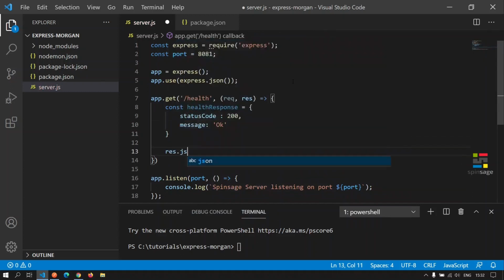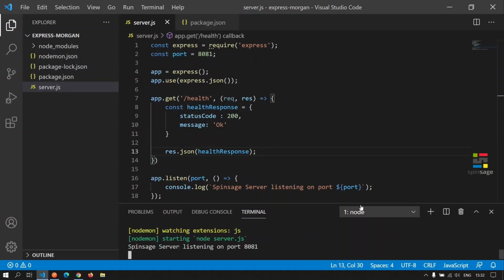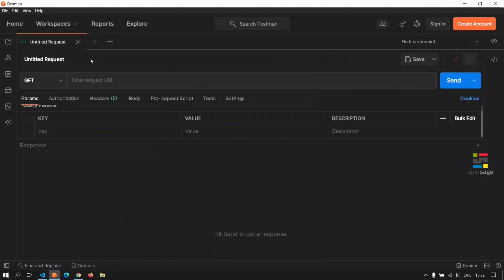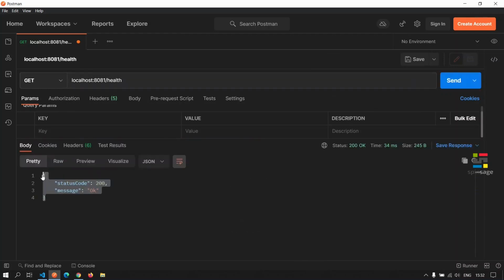We'll return this response as JSON. Let's verify if this is working as expected. We'll make a get call to this API, and as we see, we are getting the response.